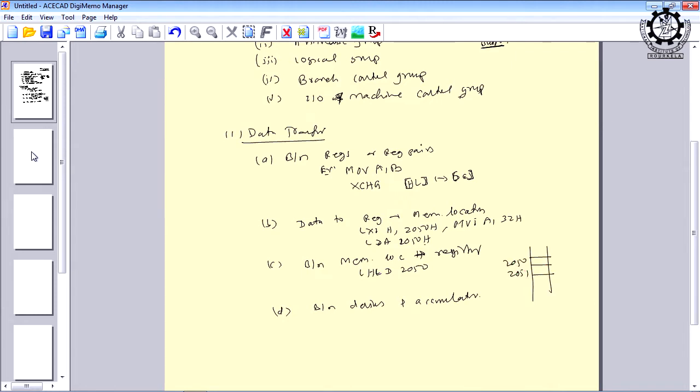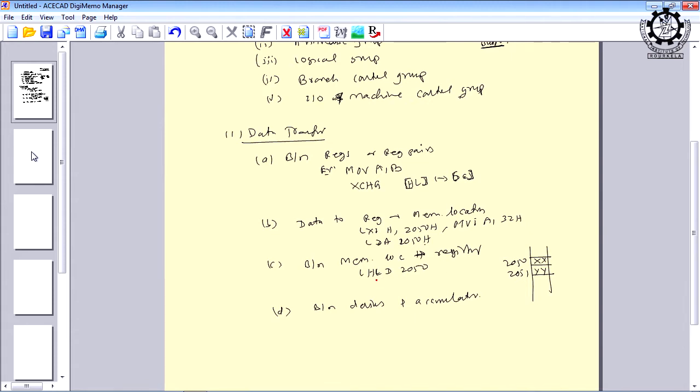So, assume that 2050 is a memory location which has content XX, which is 8 bits, and 2051 is another memory location, its content is YY. When you execute this instruction LHLD 2050, content will be loaded into where? L or H?